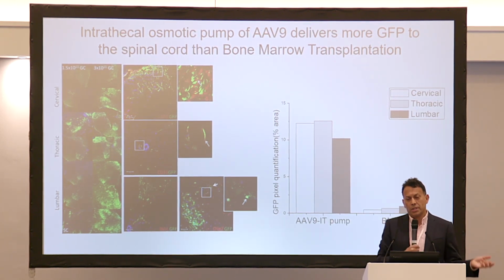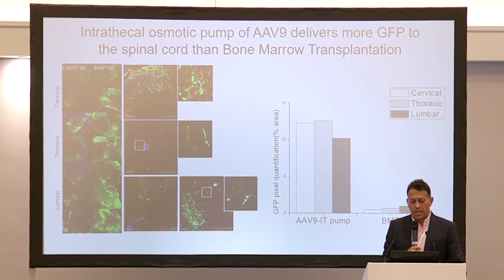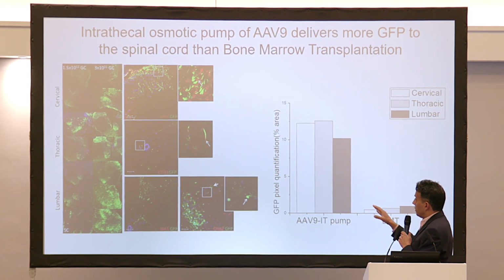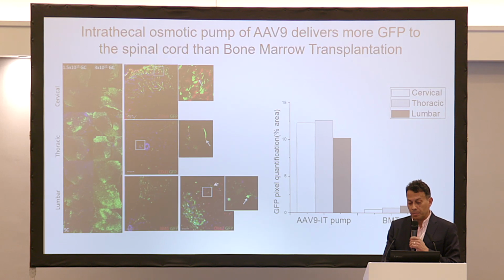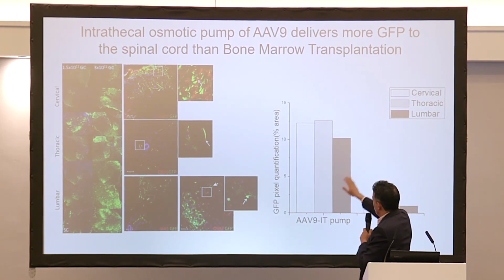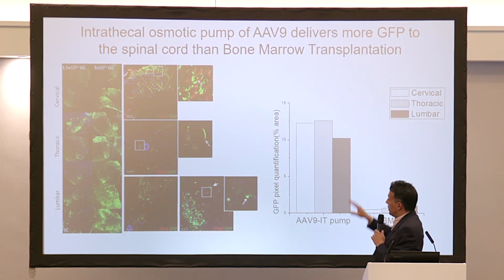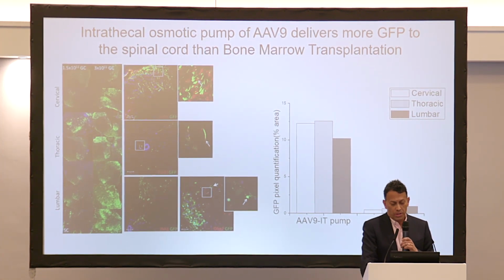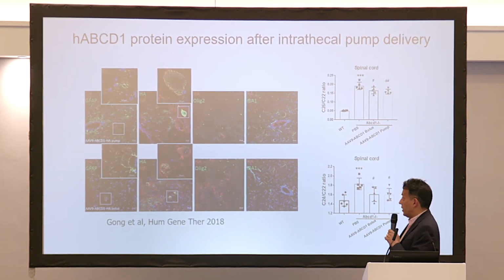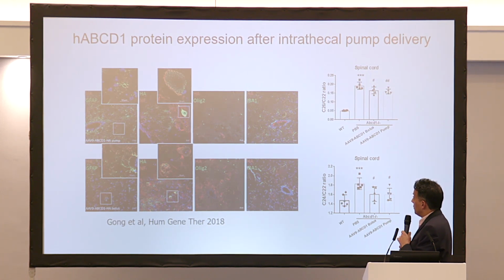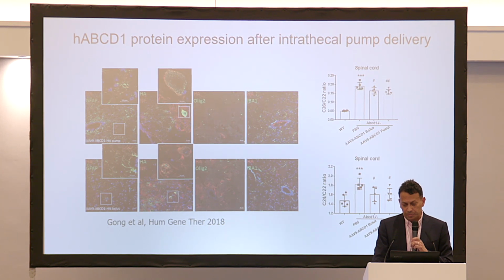I told you before, these are glial cells, astrocytes, and microglial cells. Less so, but particularly you get into also some neurons that will tell you are important here. And you can see that this works actually much better compared to bone marrow transplant in the mice. You get much better delivery to the spinal cord with this AAV9 approach. Just to show you here also some of the cell types that are transfected. We did this in multiple studies to prove that we could deliver into the right cell types.